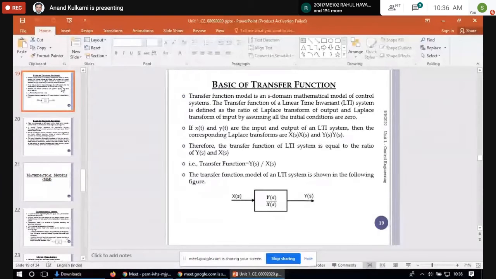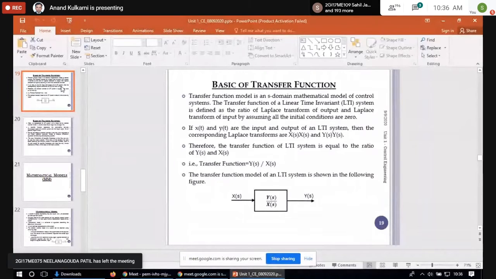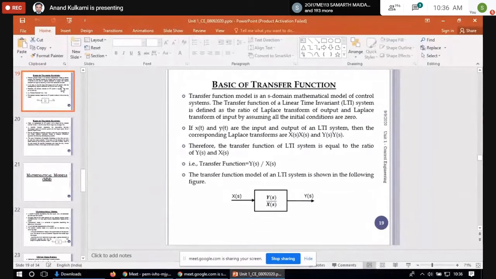So if you take the Laplace transform of any given function, a differential equation gets converted into an algebraic equation. The advantage is that linear algebraic equations can be easily solved. For example, in school you might have done equations like x plus y is equal to 5 and x minus y is equal to 2. There are two variables, x and y. They are linear variables.